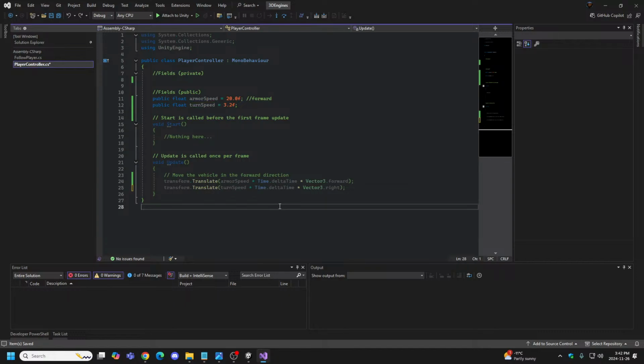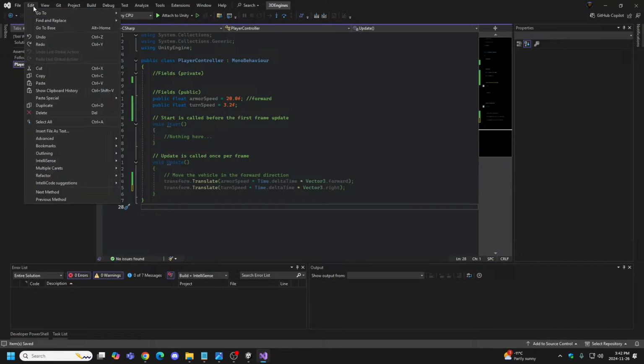Okay, so we don't have any user input, guys. We got nothing, right? There's no user input code. How do we do user input code? If you've played FPS games and such,